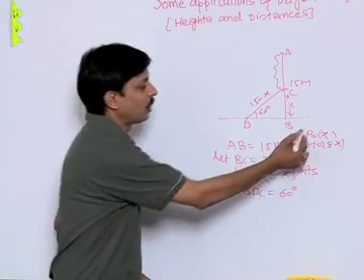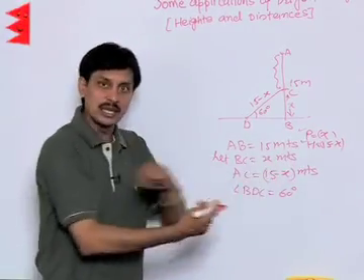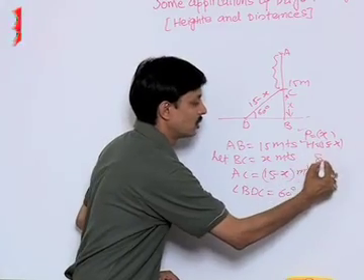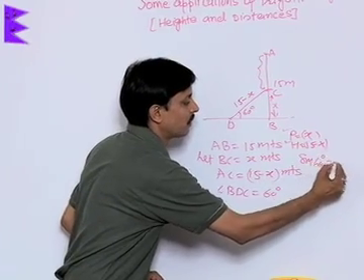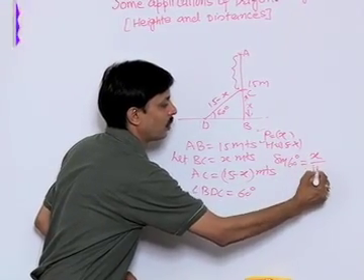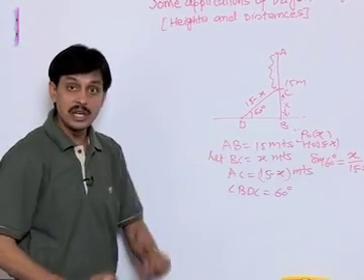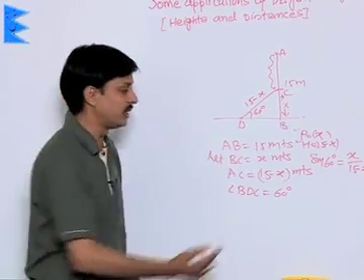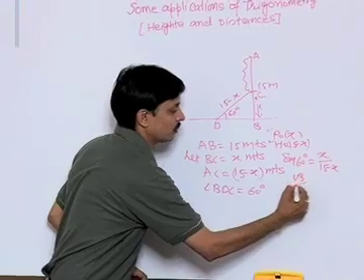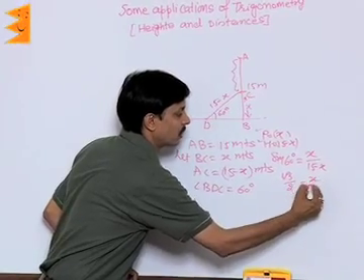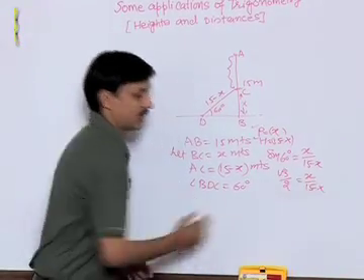Here perpendicular and hypotenuse are the situations. So perpendicular and hypotenuse are used in the sine. So we will use sine 60 degree is equal to x upon 15 minus x. Sine 60 degree value from the trigonometric table is root 3 by 2, equal to x upon 15 minus x.